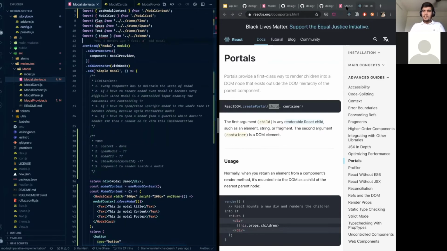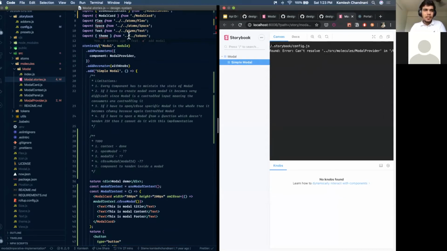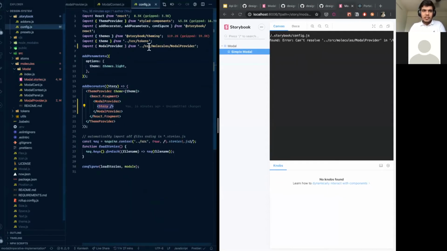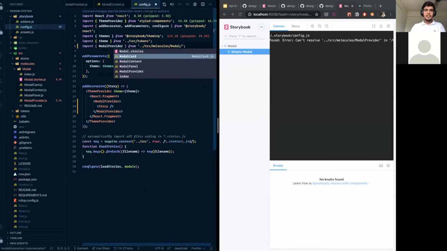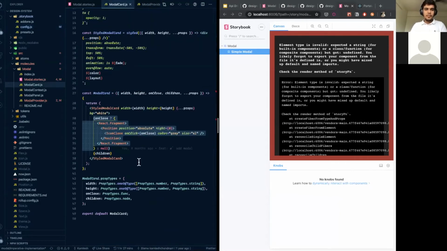Okay, let's see if we can. Card is also small queues. Okay, there's some problem with the config. Okay, yeah, model provider. All right, expected a string. Sure, that is basically because we screwed up here.